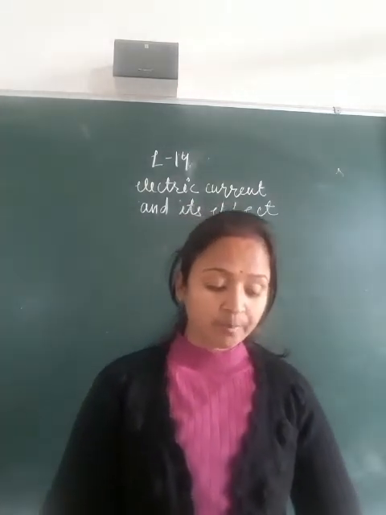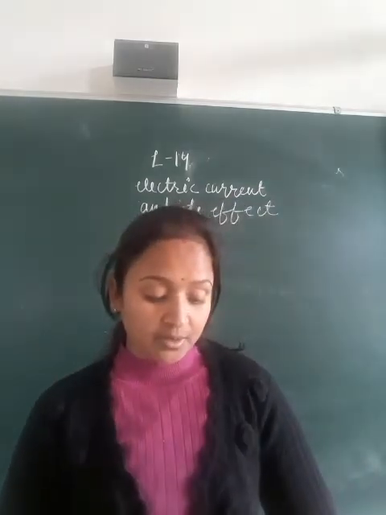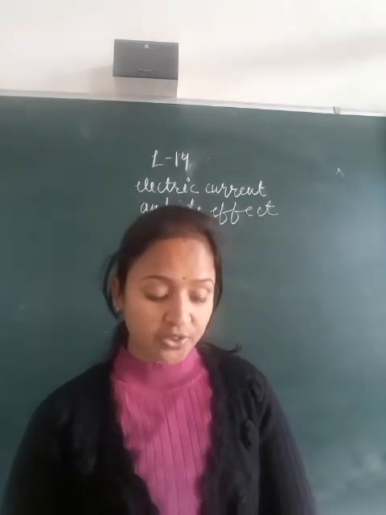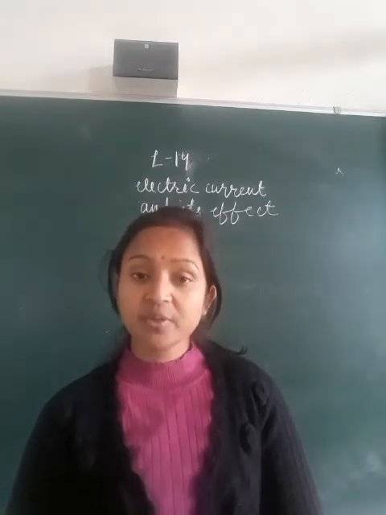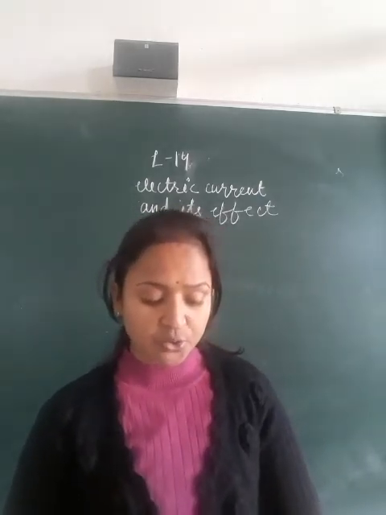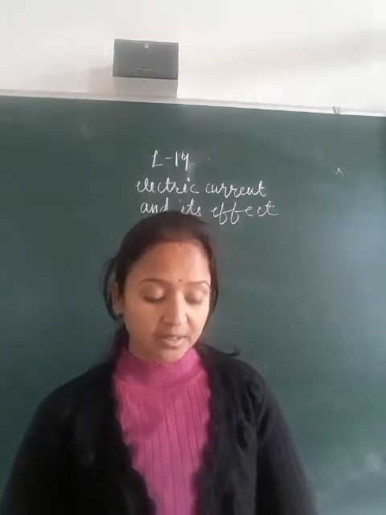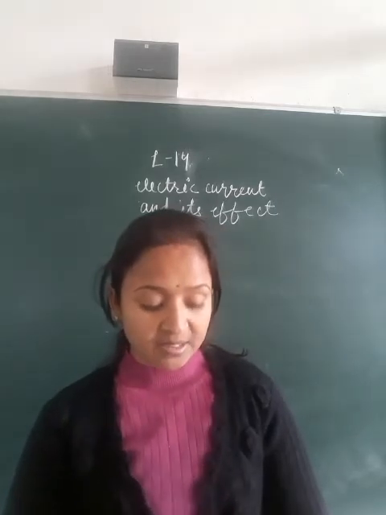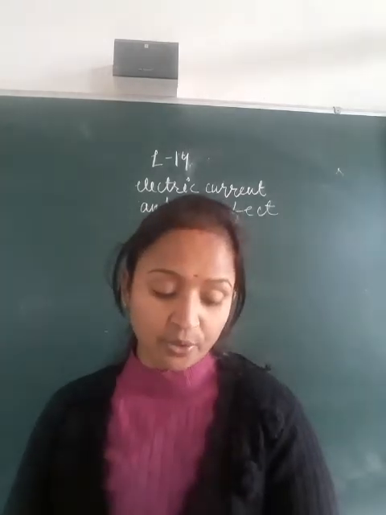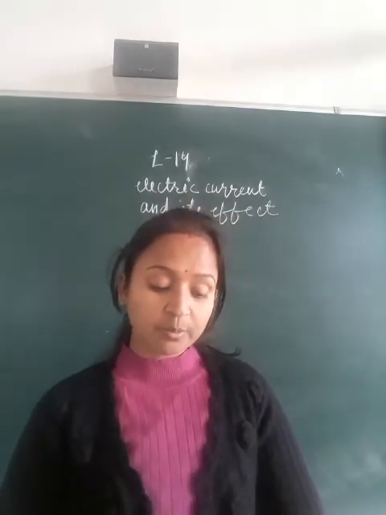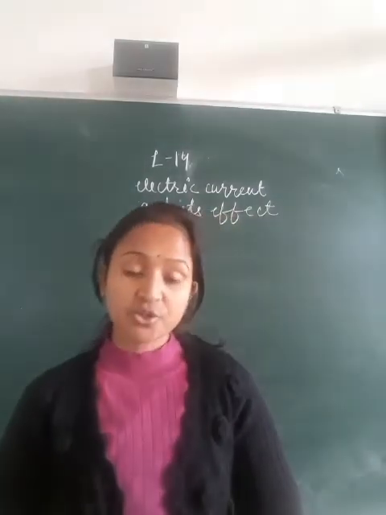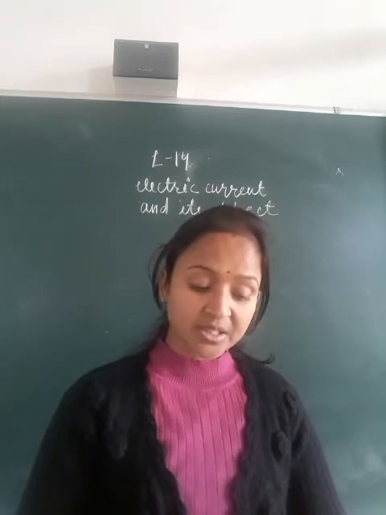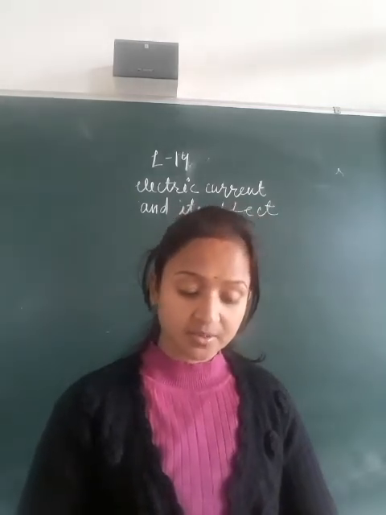Oersted's experiment to show the magnetic effect of current. Take a magnetic needle, freely pivoted on its stand. Connect a dry cell through a switch K and a variable resistance to a thick copper wire AB, as given in the diagram. Hold the wire AB above and parallel to the magnetic needle, such that current flows from south to north. It is observed that the north pole of the magnetic needle shows deflection towards the west. Then increase the magnitude of current by decreasing the resistance with the help of the variable resistance.